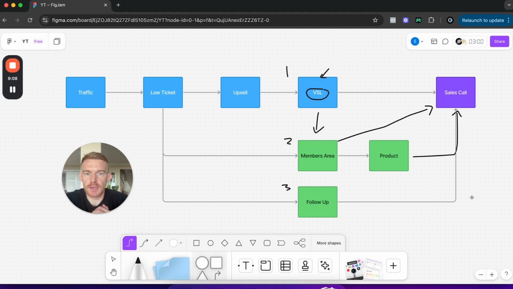Now, if you've got a sales team and you've got setters, then as soon as someone purchases the low-ticket product, you can have your setters or your sales team dial up all the buyers. And again, initially it's framed as, hey, want to make sure that you got access to everything okay. And then if they are on the computer or in a place where they can start accessing the product, that setter can walk them through the onboarding call, qualify them, and then book them in for a sales call.